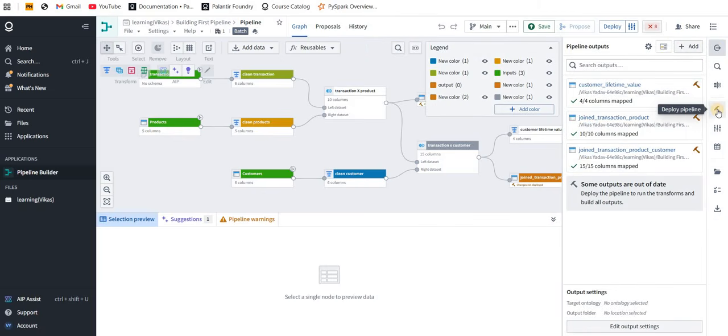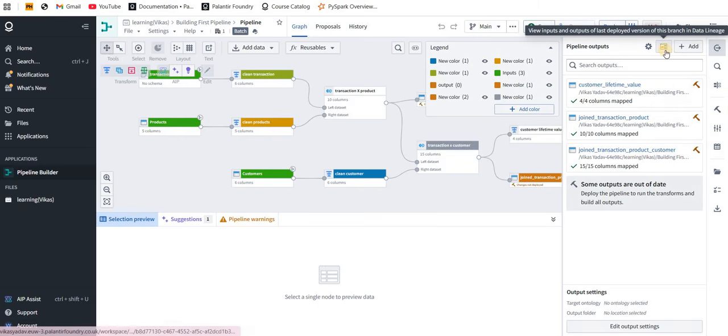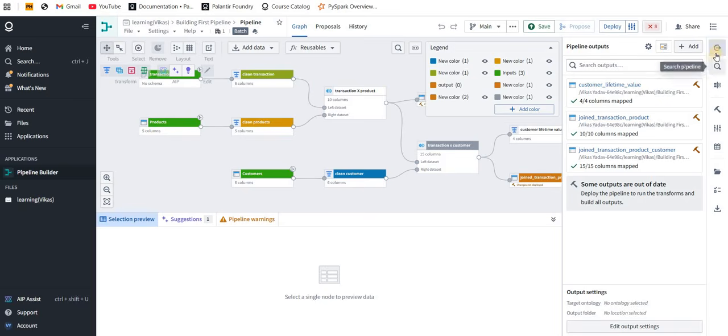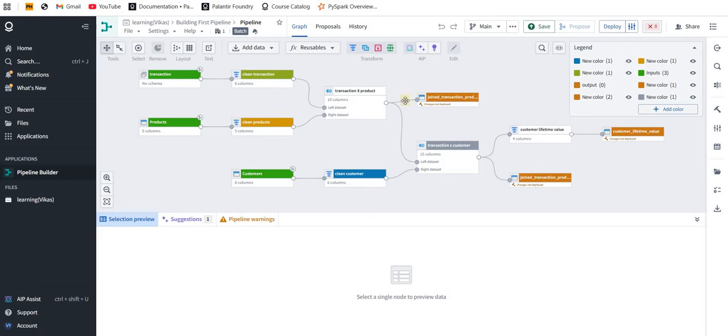Another option provided here is build schedule and pipeline file tree. There are a few things you can see here, and build settings. View changes. There are a few things, and even from here you can see data lineage. You may already be aware of it; if not, data lineage is another part of this, and I'll make a video on that one. So this is just a walkthrough that I'm making in this video. I think I have covered most of the things, so let's come to the lower part here.